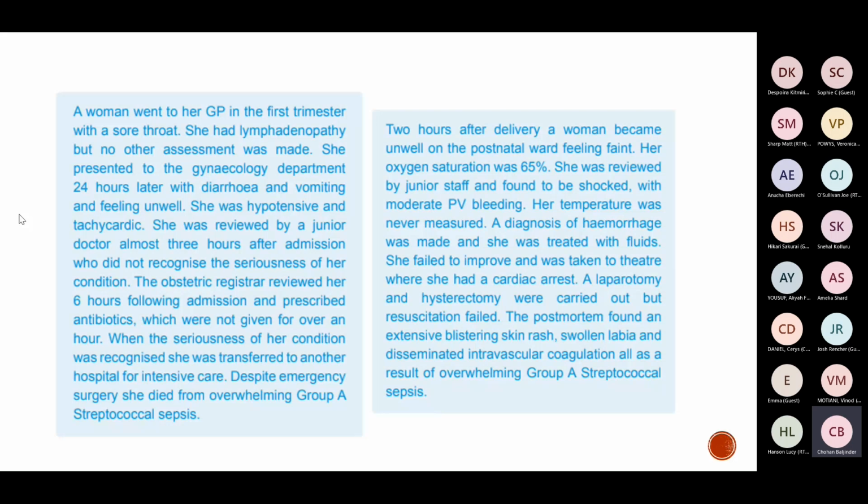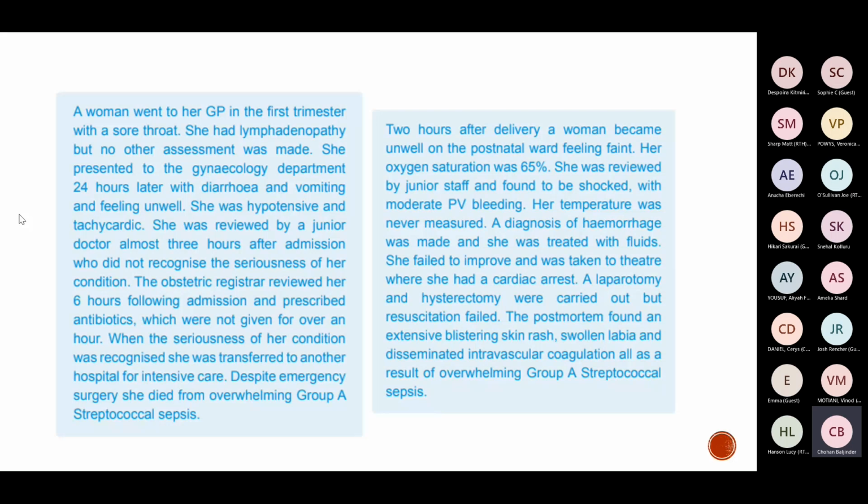If she's hypotensive, well, perhaps that was a bit normal for her. But remember, what did we say about being hypotensive? If your blood pressure, I think it was less than 65 millimeters of mercury, and you're not able to maintain it above that, then that shows that she's seriously unwell. And obviously with the tachycardia, she's compensating for it. But then again, there are lots of reasons, as we discussed, for being tachycardic as well.